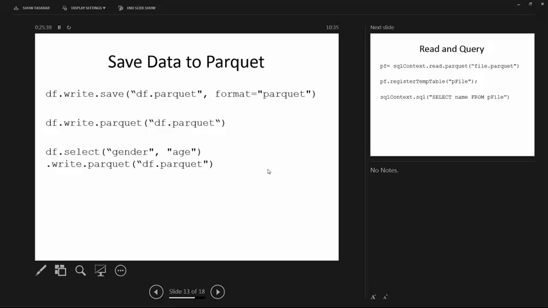So, if you've got a file that is in some other format, it's very easy to convert it to Parquet. You get it into your data frame however you've done it, and then it's just .write, .save, and it's got this bit at the end here, format equals Parquet, so that tells it what format to write. Or you can use this other method, where I used the .json version of here, write.parquet, and then you just give it a name. And that'll write it all out as a Parquet file